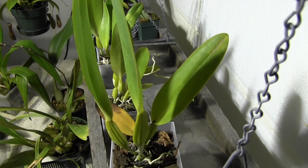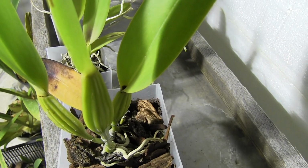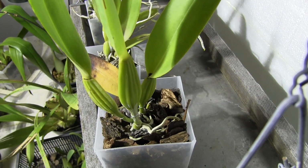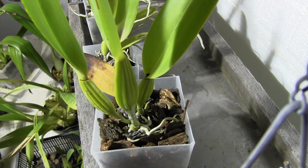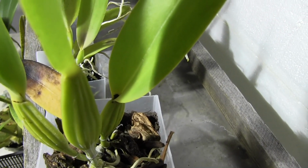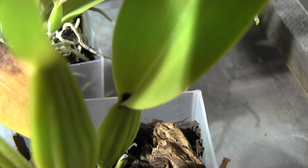Okay, here we are beside him. I had kind of a scary issue with these at the beginning of the year. Every fall, every autumn, I've got issues with parts of these Cattleyas turning black, and it's so frustrating. I always try to avoid it, but something always happens. So for example, you can see here in this area,